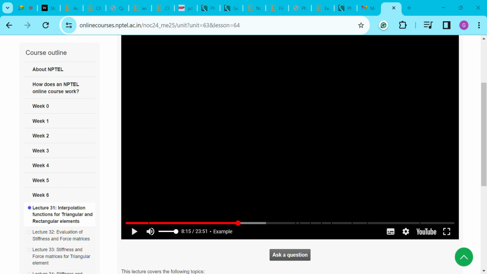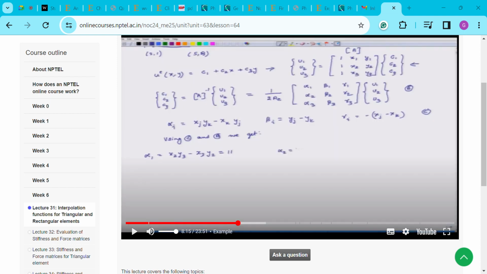But how is that determinant the same as area? Yeah, determinant is same as area because